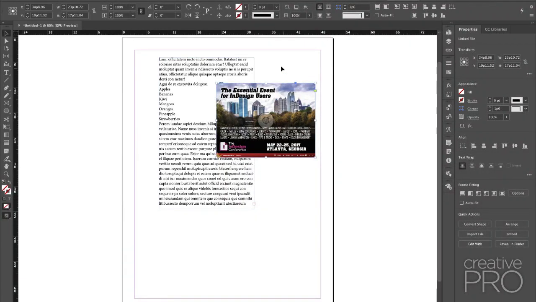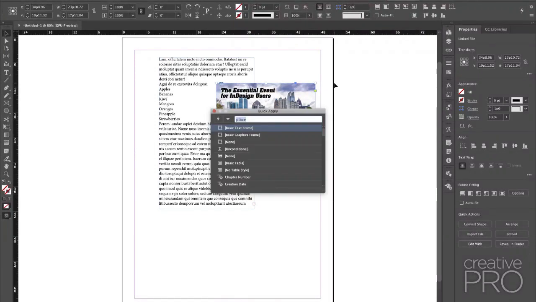And here's how it works. First, you have to find the script. You have to install the script. You have to run it. But to run the script, you may not find it inside that panel. So I'm going to use Quick Apply. Now, I hope you're all using Quick Apply. Quick Apply is Command Return on the Mac or Control Enter on Windows.